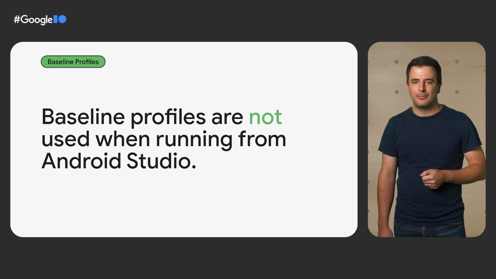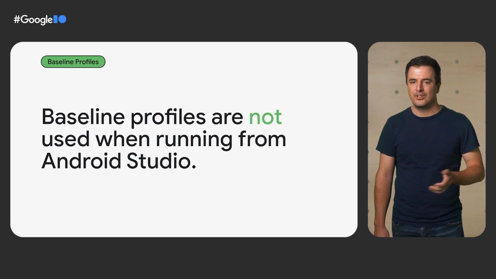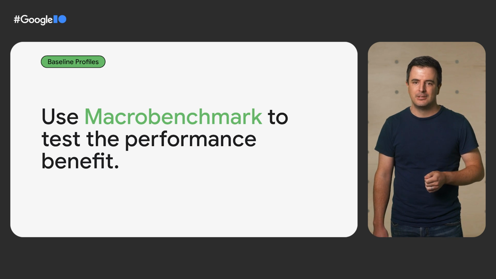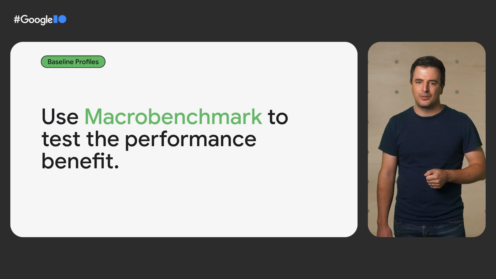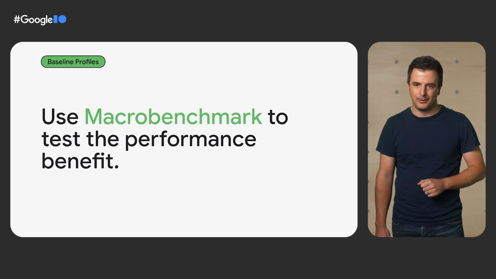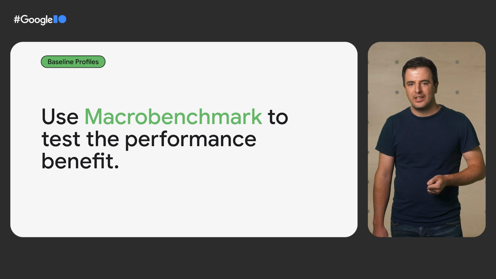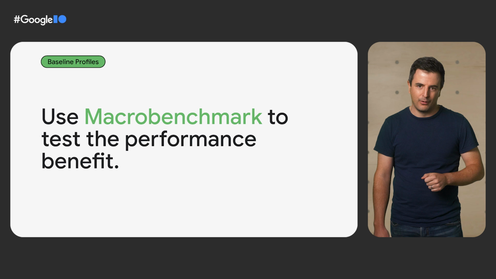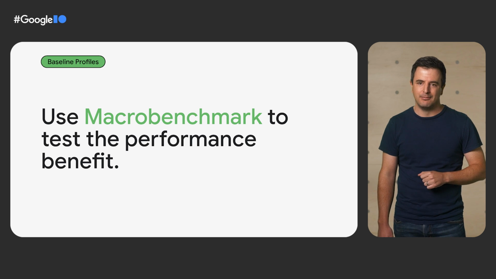You can configure your app to start up with the baseline profile enabled using our testing library, Macro Benchmark. This can be useful to test the first run experience users will get when installing from the Play Store. Because we are already including an optimized profile for the Compose libraries, adding your own baseline profile is not a guaranteed performance gain, as profiles need to be tweaked and optimized. If you do add a baseline profile, be sure to test it is actually improving your metrics. Both the generation of a profile and the testing of the benefits are done using the Macro Benchmark library.